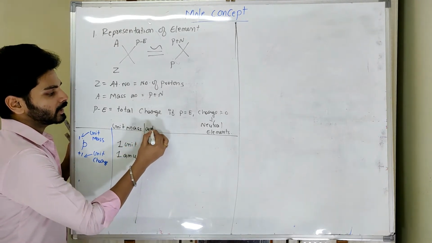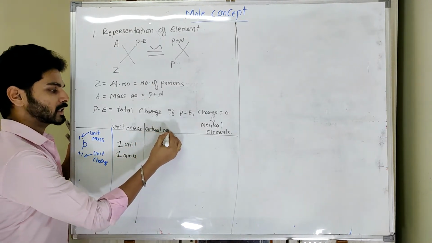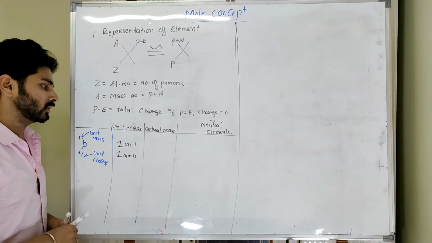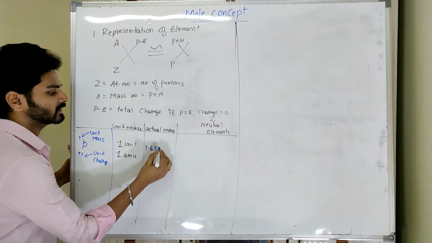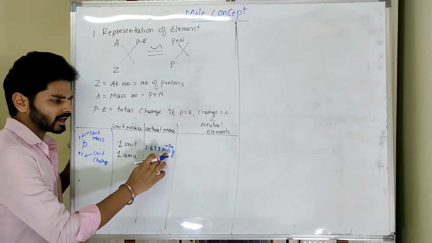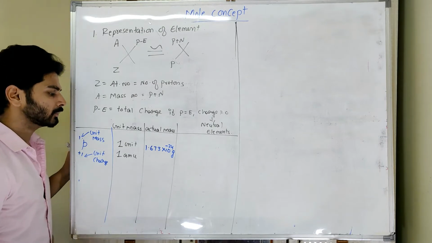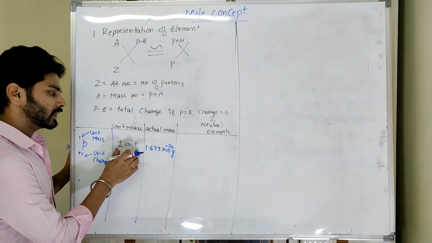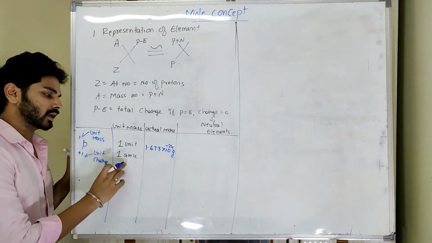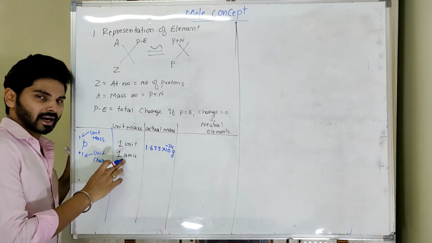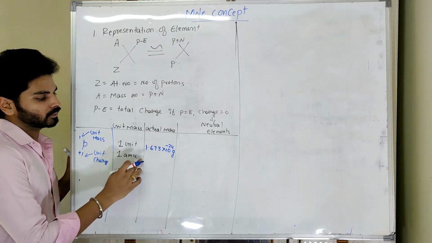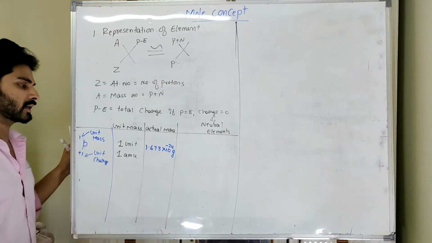But later, by using a sophisticated instrument like a mass spectrometer, we were able to calculate the actual mass of a proton, and it came out to be 1.673 into 10 raised to minus 24 grams. This is the actual mass of a proton, very small. We can see 10 raised to minus 24 grams there, but this is the arbitrary unit and this is the actual unit. In many calculations we have to use this as the mass, not the other. Only in the case of calculating atomic mass can we use this, but we can convert that into grams. By now we know 1 AMU is actually 1.673 into 10 raised to minus 24 gram.